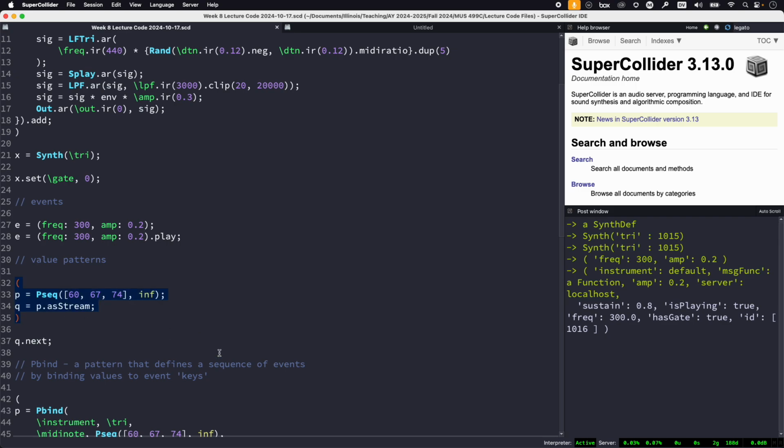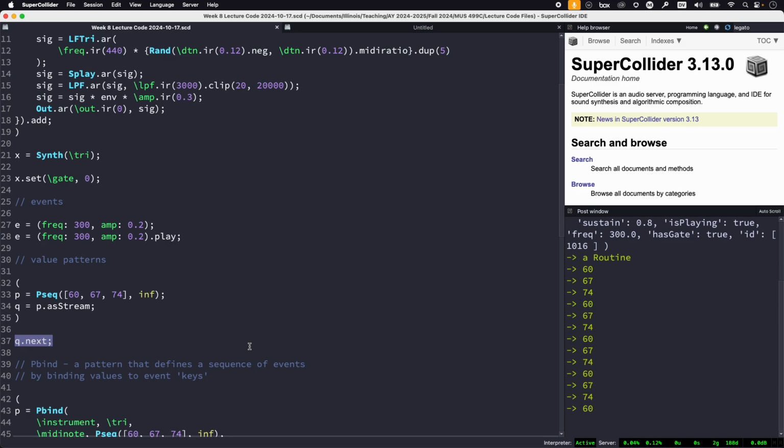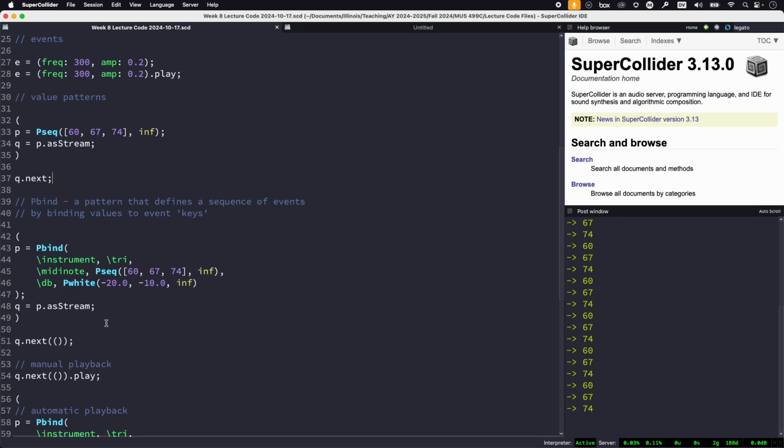And then we also introduced the concept of some simple value patterns. And these value patterns are just little pre-existing algorithms that generate data according to some specific way. So pseq is just a sequential pattern. We can convert it to a stream and call next, and then we just get this infinite stream of 60, 67, 74. And then we also introduced Pbind, which is a pattern which